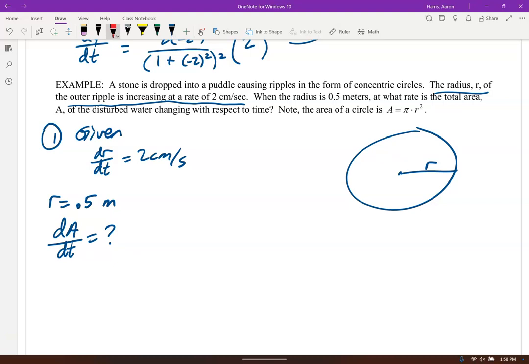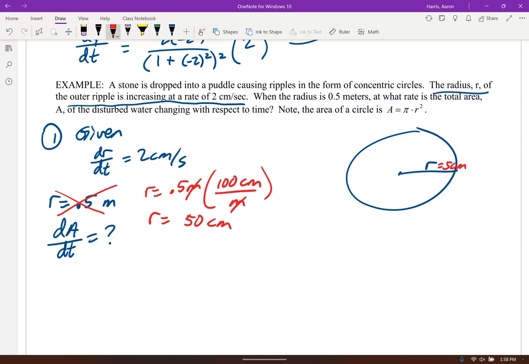We need this. So let's change that 0.5 meters. We know there's 100 centimeters per meter, right? So let's get this radius. 0.5 times 100 is 50 centimeters. That's the useful one, right? We're going to stay in centimeters here. So we've got radius 50 centimeters. At that moment that the radius is 50 centimeters,